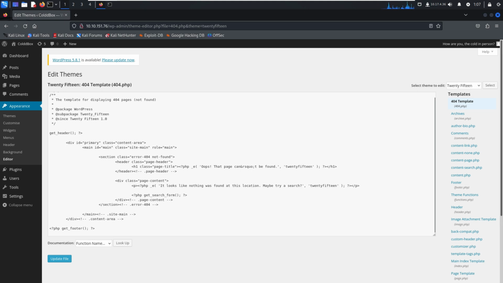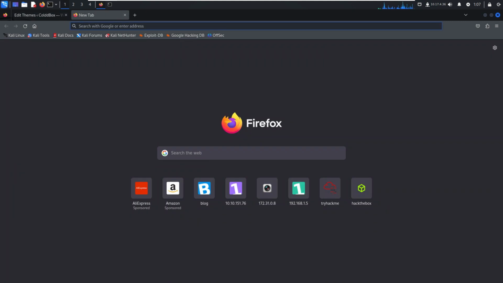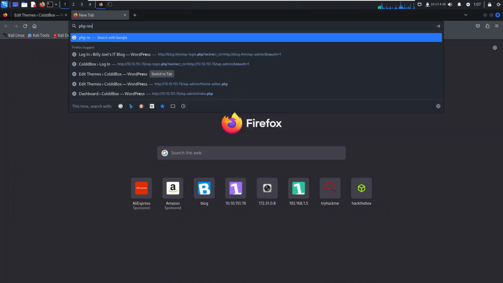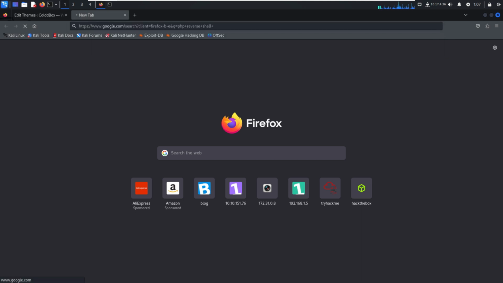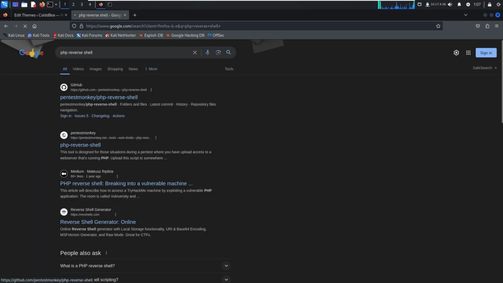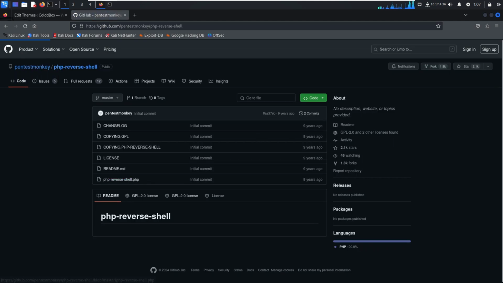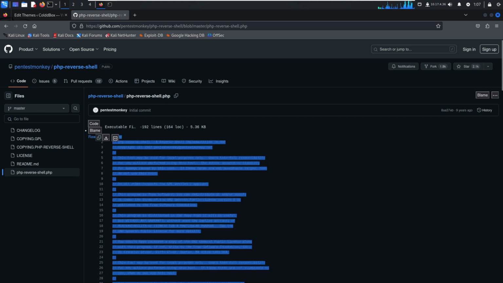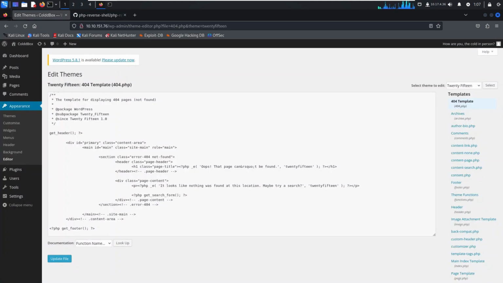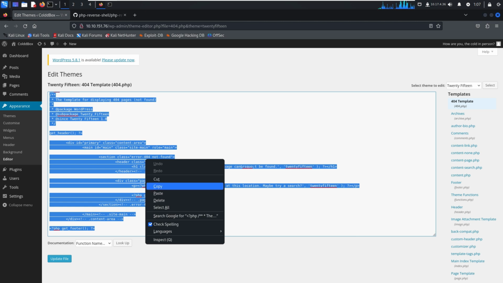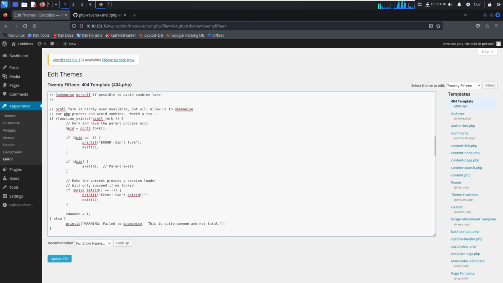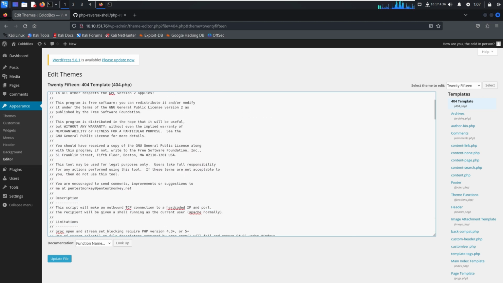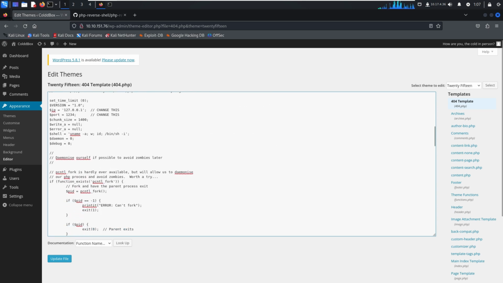Now we have to replace it with that PHP reverse shell. So I'm just opening the PHP reverse shell. You'll get that pentestmonkey PHP reverse shell.php. Now let's just copy it and replace that 404 code, and we have to change something in the IP and